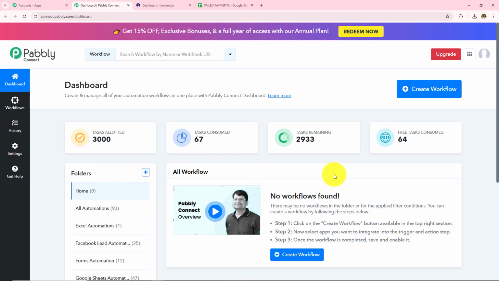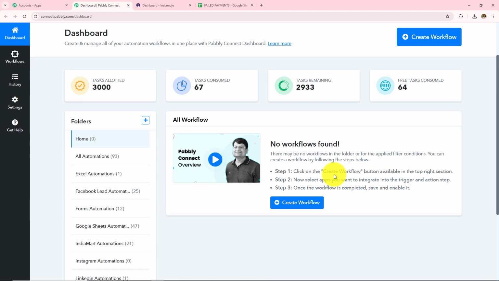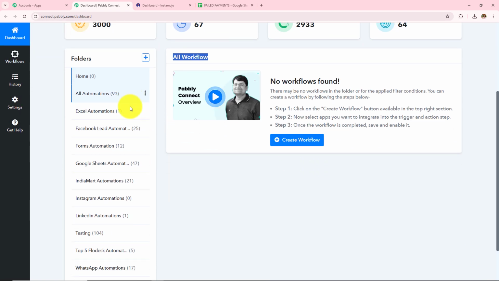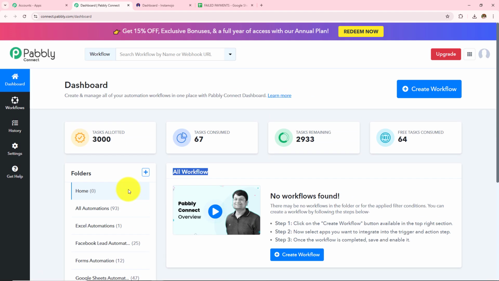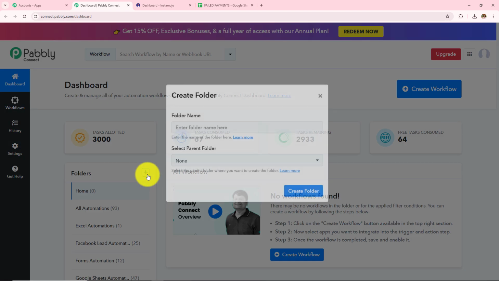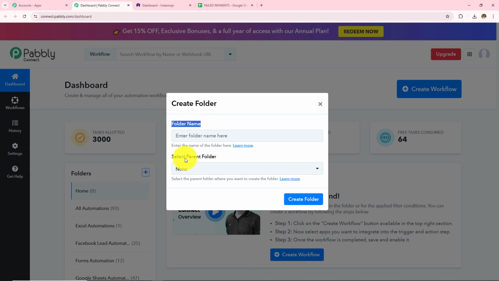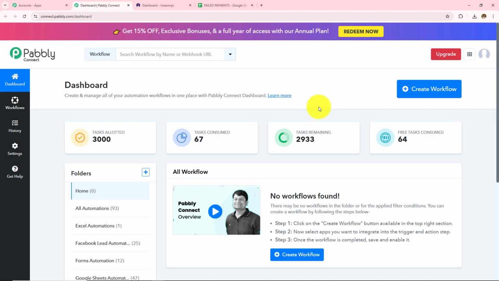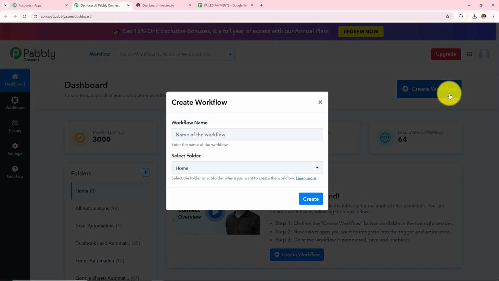And it has taken me to this dashboard where I will be able to find all my workflows over here and all the folders that I have created over here. If you want to create a new folder, you simply have to click on this plus icon. From here you can create a new folder. For now I want to create a new workflow, for which I need to click on this create workflow,